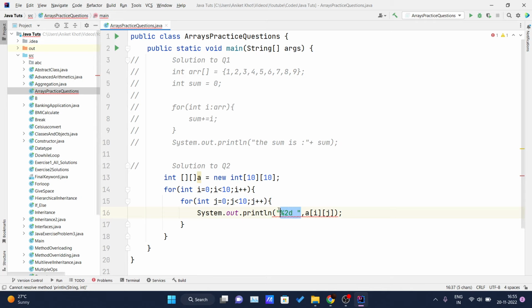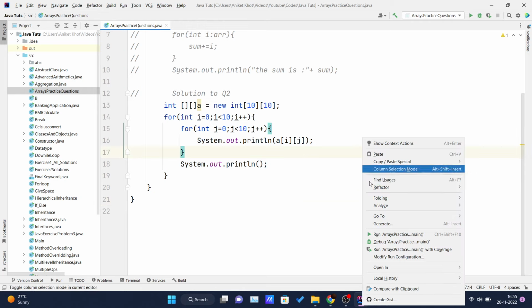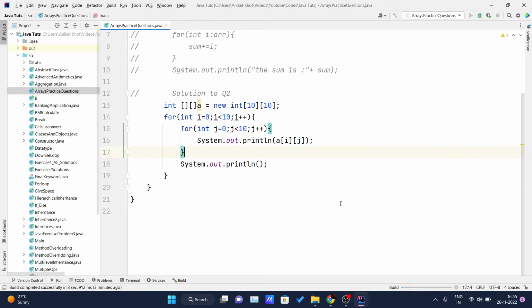Wait, I can simply print the value which is inside the array at i, j index, and after printing the inner for loop I need to move to the next row, and for that I will simply write one print statement so that the program execution will get to the next line. Okay, now if I run this class,